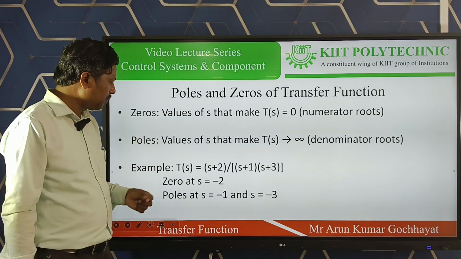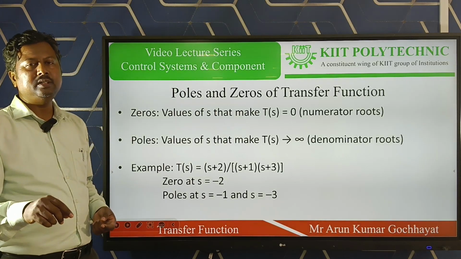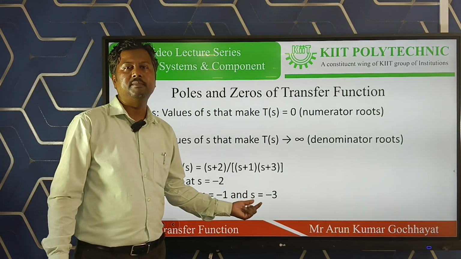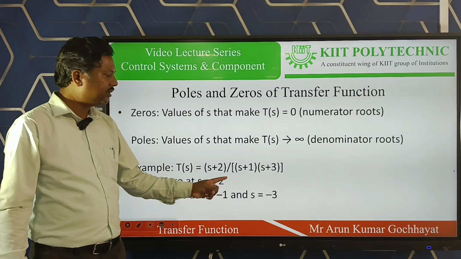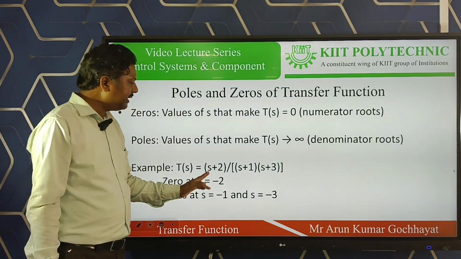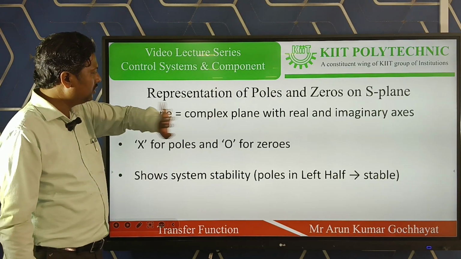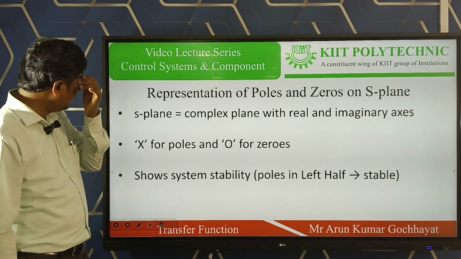If I take s plus 1 equal to 0, then s becomes minus 1. If I take s plus 3 equal to 0, then s comes as minus 3. So minus 1 and minus 3 are the two poles. Now after finding out these roots, one zero and two poles, we need to